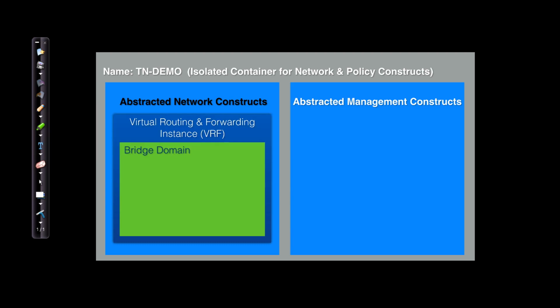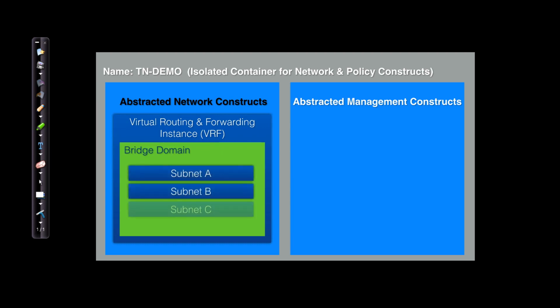And inside of each bridge domain, what I can do is define a subnet. In fact, I could develop multiple subnets. These subnets will be representative of the networks that my endpoints will be using. It's also important to note, as we went through the demonstration, I could also assign gateways of last resort that will ultimately end up in the creation of pervasive SVI gateways that will actually appear on my leaves where my